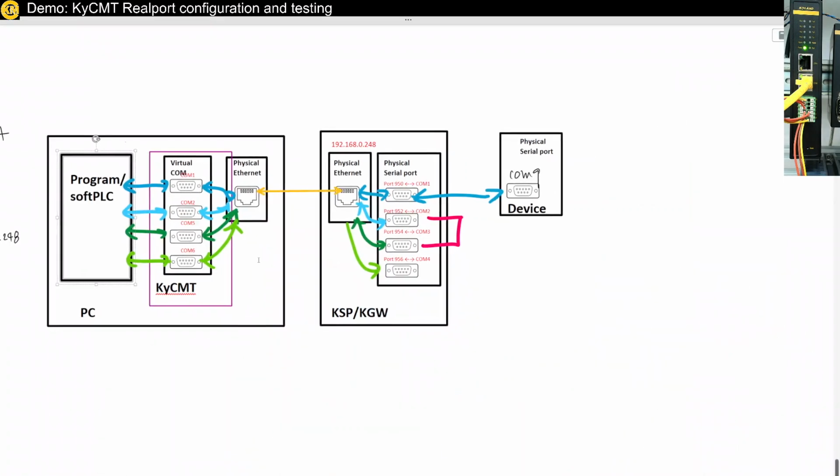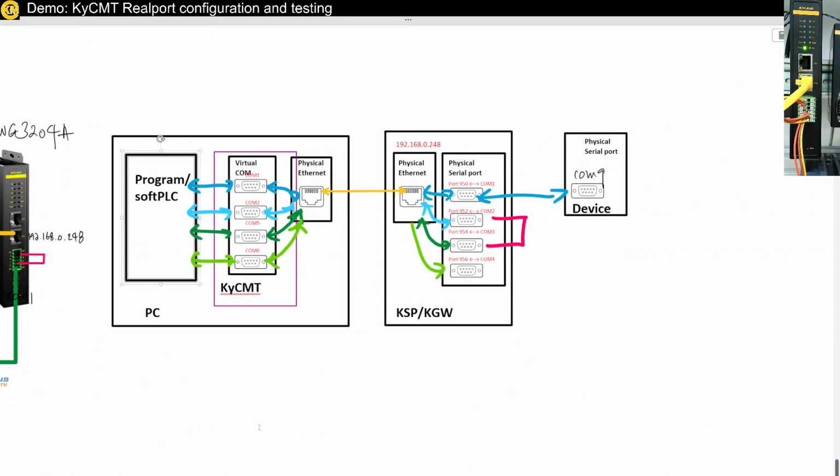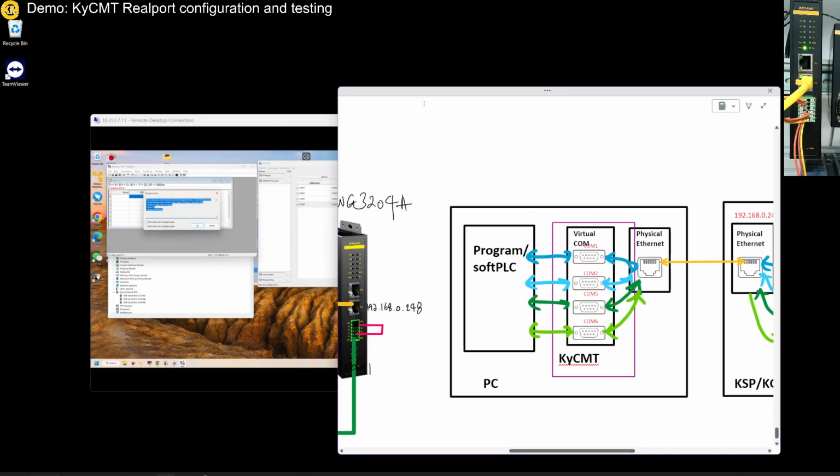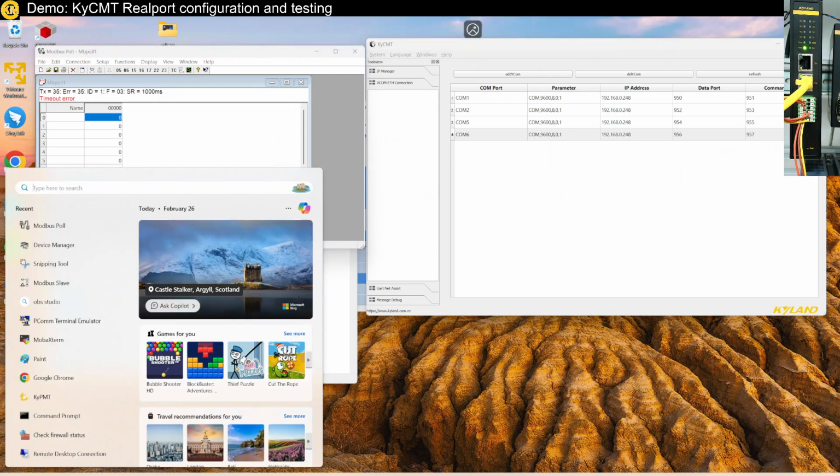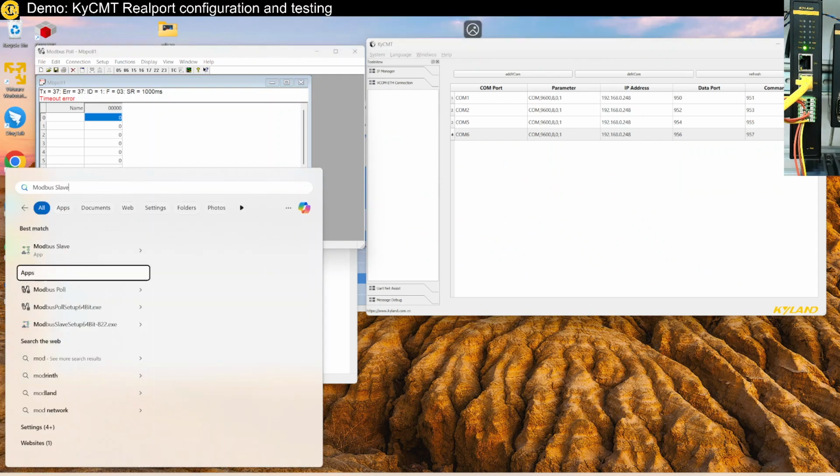It's because the Modbus Poll is connecting to here, reaching out to COM1, and over here it actually reaches out to this COM1 also. But when this COM1 reaches out to COM9, because COM9 we haven't done the configuration, so there's no reply. So what I'm going to do now is configure or create a Modbus Slave